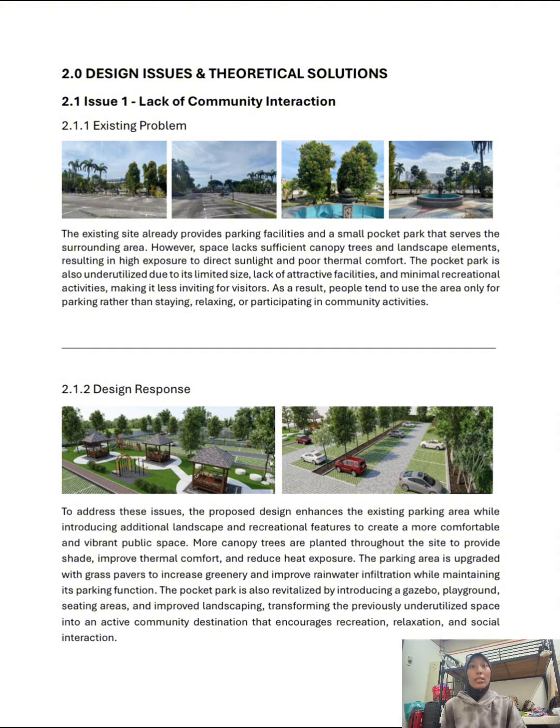Next is urban design theory. For the social dimension, the proposed design supports it by creating a welcoming public environment that encourages interaction, recreation, and community participation. Elements such as the community plazas, playground, flexible lawn, outdoor seating, and gazebo provide spaces where people of different ages can gather, communicate, and participate in both formal and informal activities. This facility strengthens the sense of community while promoting a more inclusive and people-centered urban environment.